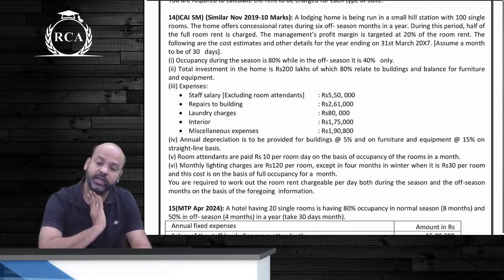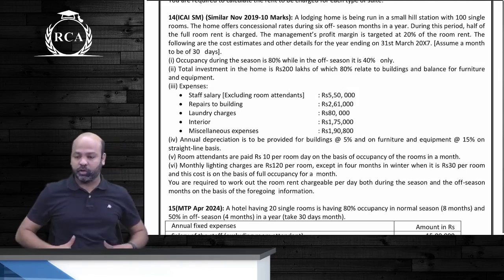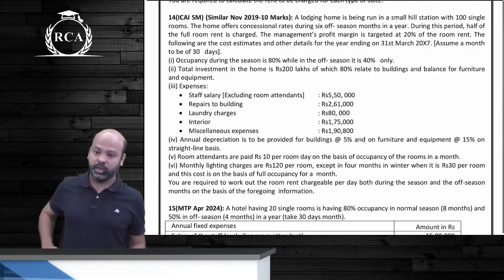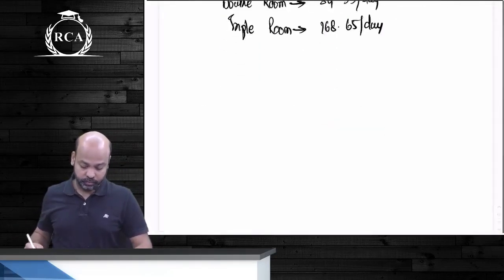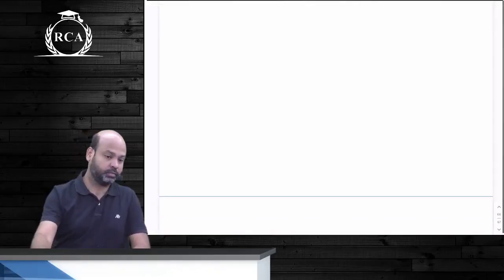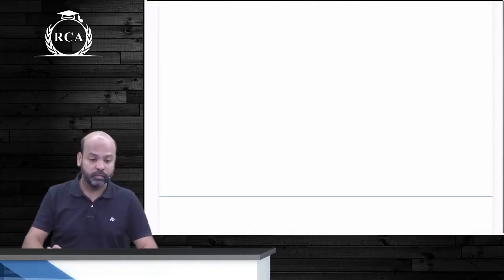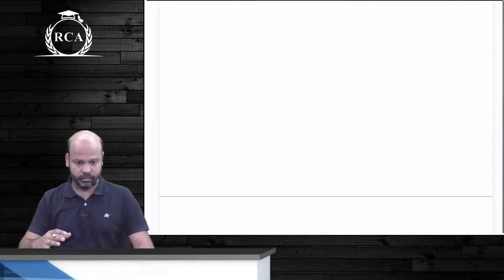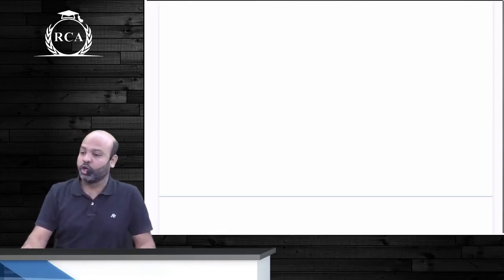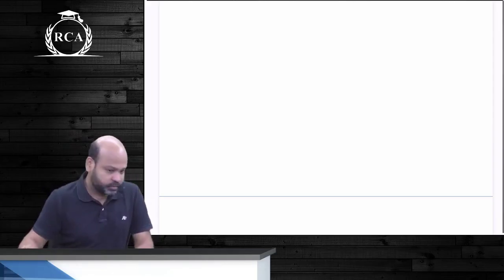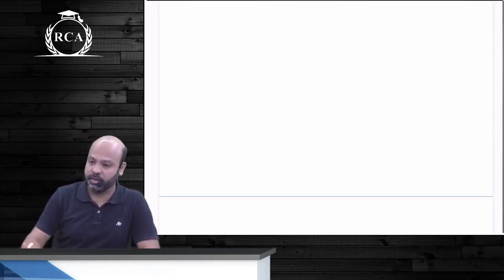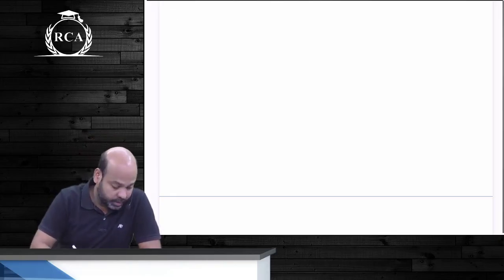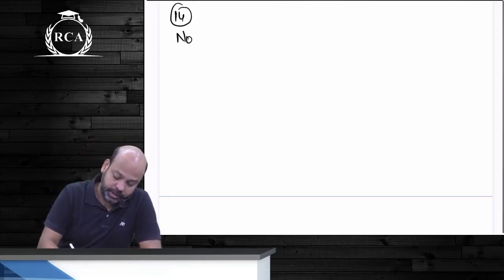First let us write guys total number of room days occupied for the entire year as such beta, and then we will compute. Total number of room days guys. I will divide off season also into 2 parts just for clarity beta. It will be easier to calculate. समझ में आया नहीं आया guys?